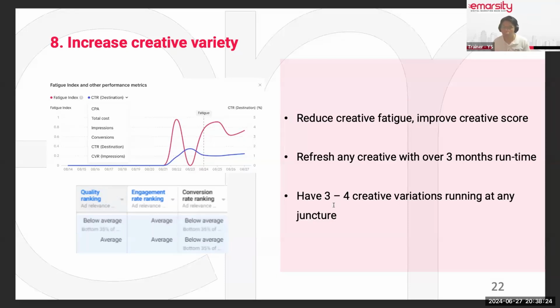What I found out over time, across verticals and with my clients, is when you have 3 to 4 ads at any point of time, the performance of your ads tends to be better. Your cost of media tends to be lower also. Because how an ad platform works is, at the end of the day, it's not just about how much you're willing to bid higher than your competitor. It's also about your ad quality.